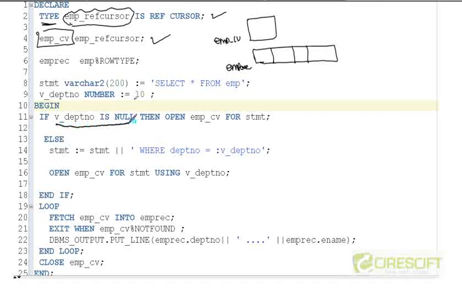If department number is null, then open emp_cv for statement. So essentially this statement is saying that now emp_cv is a cursor. That cursor is associated with this value of stmt. So what is stmt? Stmt is a query that selects star from emp. So at this point, I'm going to associate emp_cv with the query select star from emp if v